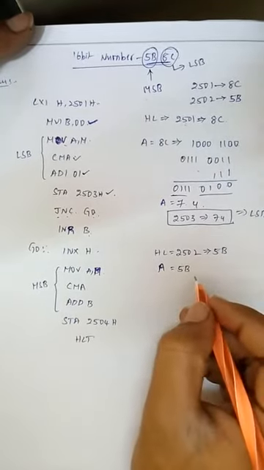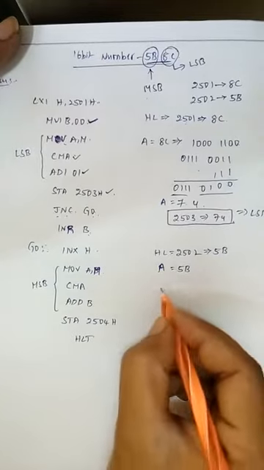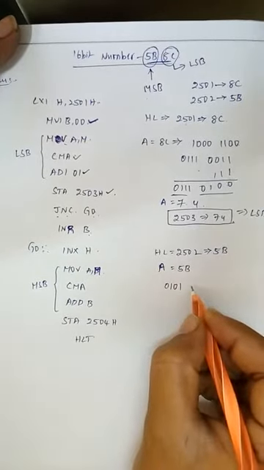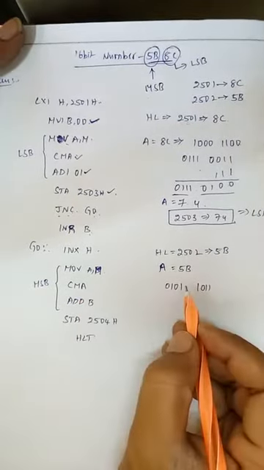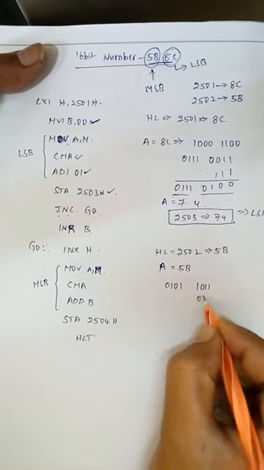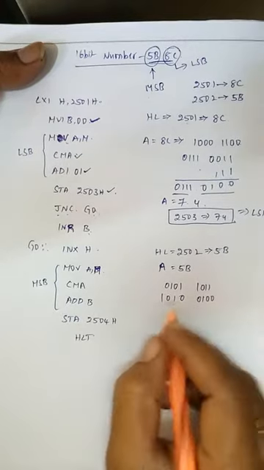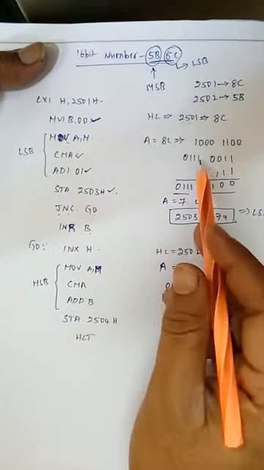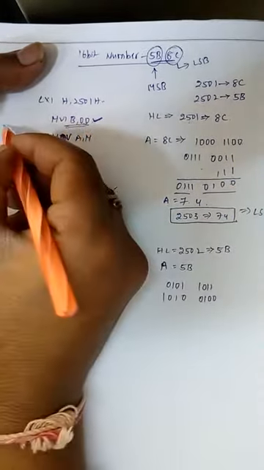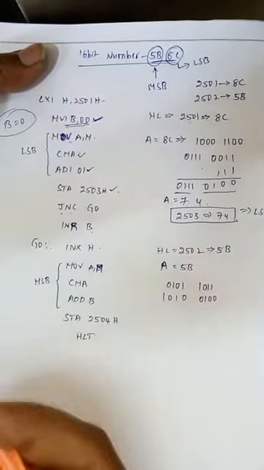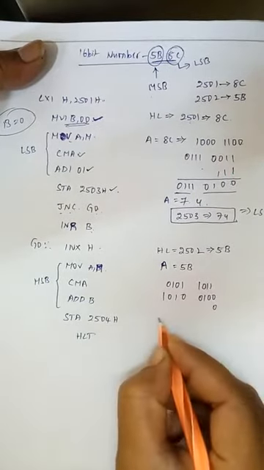Again, 5B we can represent in binary form. We can write 5 as 0101 and B as 1011. Again applying complement A, that means applying the 1's complement here, you will get 01000100. Add B. Initially we are not getting any carry here, that means the B value we took is 00. We did not get any carry while performing this operation, so our B value is 0.